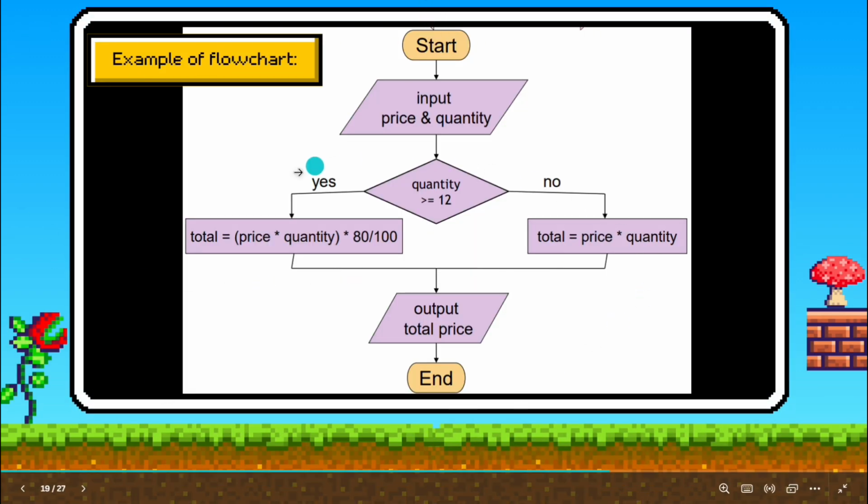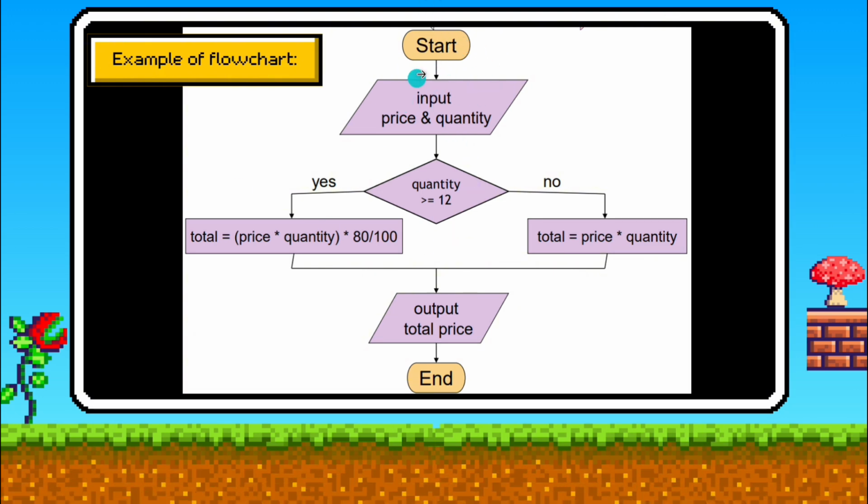So this is an example of a flowchart for if-else. We go to the start, and then we put the input, price and quantity. So this is the display. And then go to the if-else. If quantity, this is a condition. If quantity is bigger or